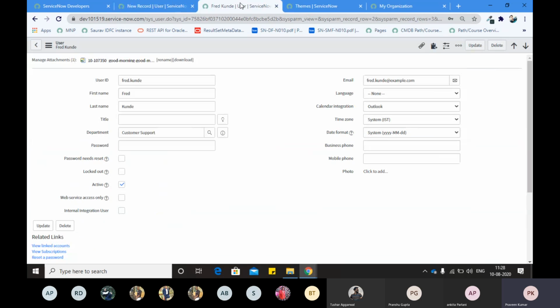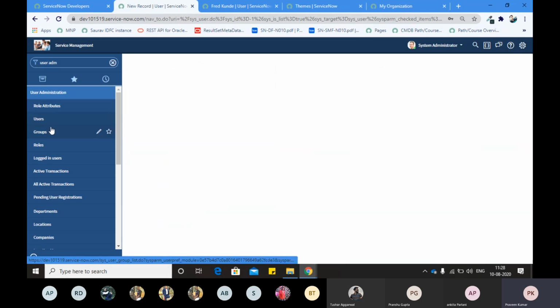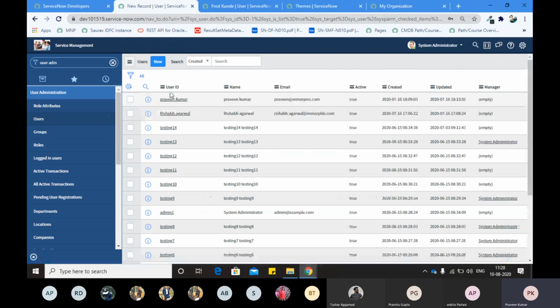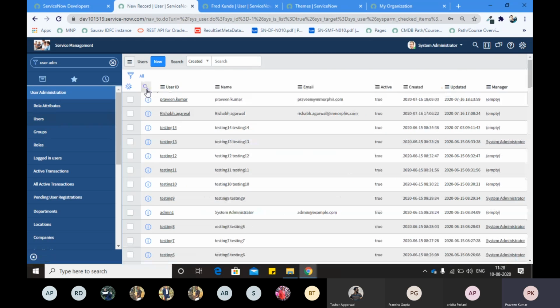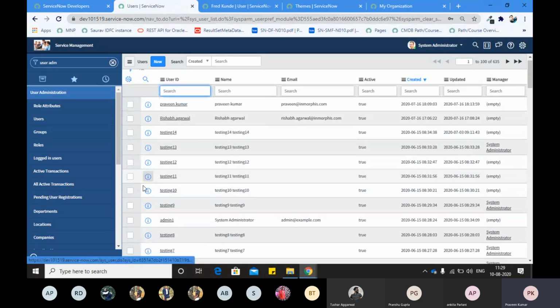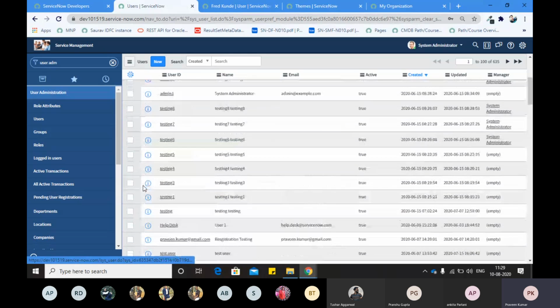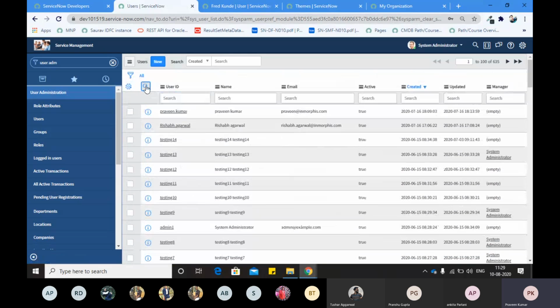That record you can access again. You will go back to users, and you can access that record again from here. For example, you forgot the user ID you gave to your user, and you are not able to see it in this list. What you will do is click on this search box. As soon as you click on it, you see a search field under every column.